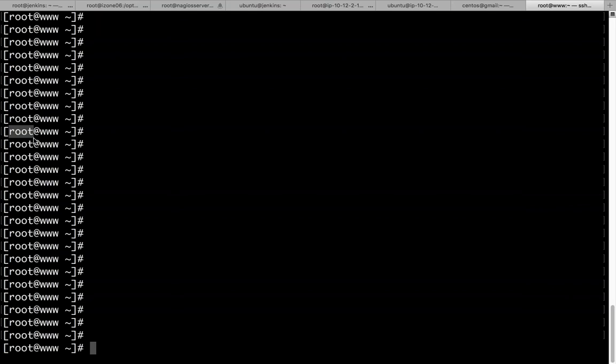Now, that is what this particular left hand side indicates. Left hand side indicates the root user. So what this indicates is currently I am logged in as the root user. Okay, keep the fact in mind. Currently, I am logged into the server using the root user. Now, there comes another thing.